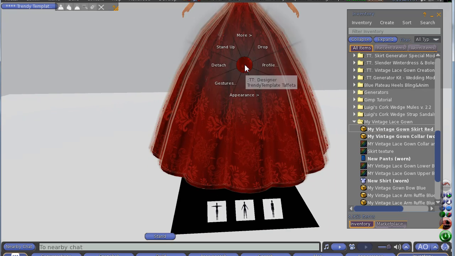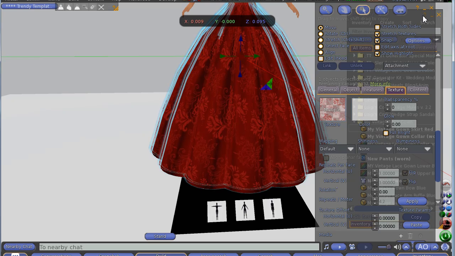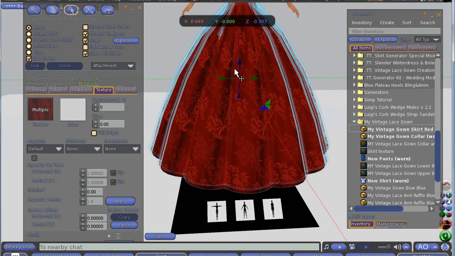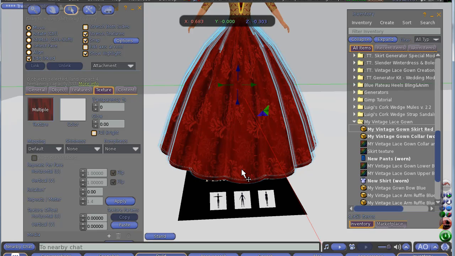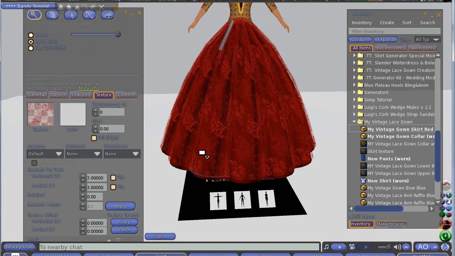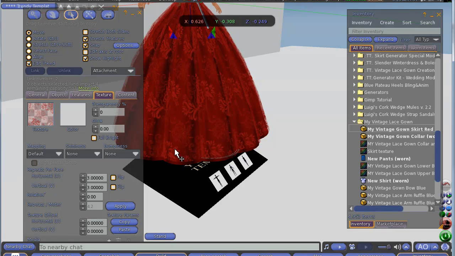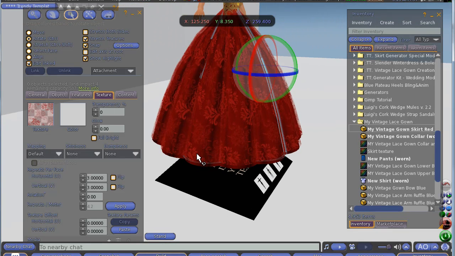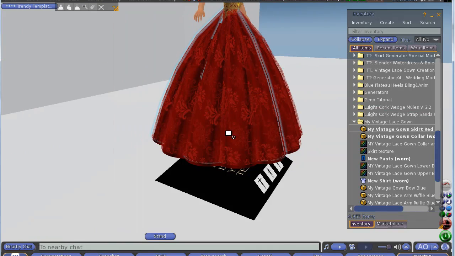So while wearing it, because then I know which ones I want to texture with that geometrical pattern, I click Edit Linked Objects, and the one in the middle will go, so this one will be the first one to texture, and I can hold the Control button and edit any other. So this is one, and this is one, and that is one. And then go around